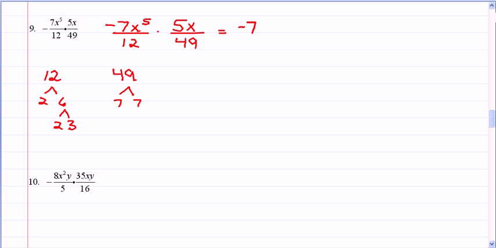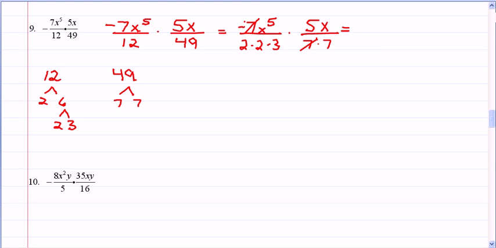So I have negative 7x to the fifth over 2 times 2 times 3 times 5x over 7 times 7, and only a 7 will cancel,